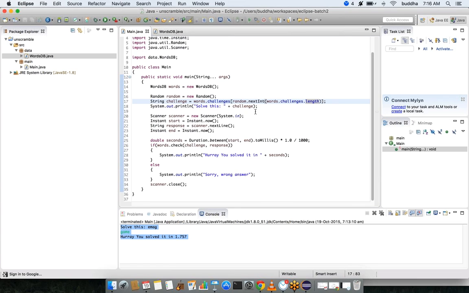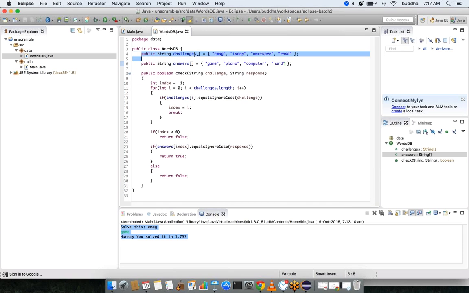One is we are trying to access some word at random, and then we are trying to use that word. This is well and good, but this still has the same problem: if we accidentally set this words dot challenges to some new array, both will become out of sync. So directly putting variables as public like this is actually a little risky. Other users may change it, so that your actual purpose of creating those variables will be gone.